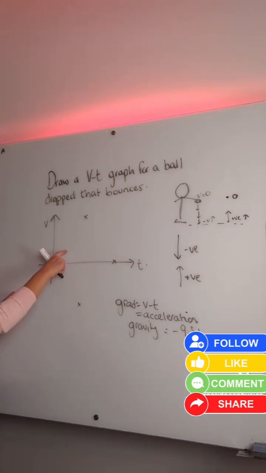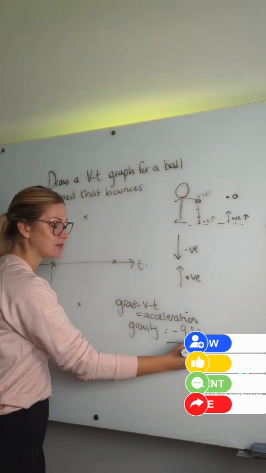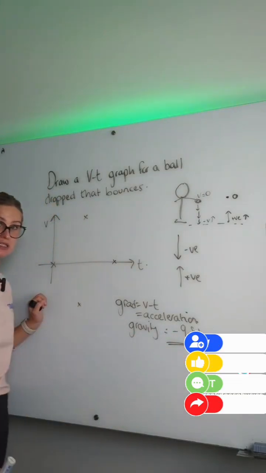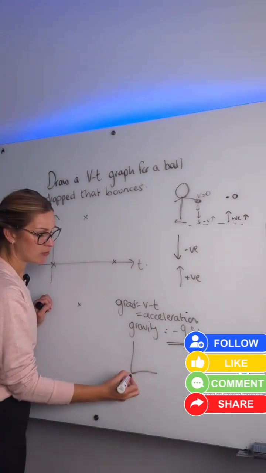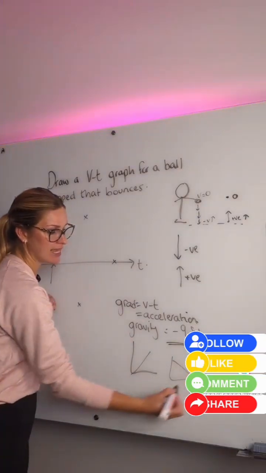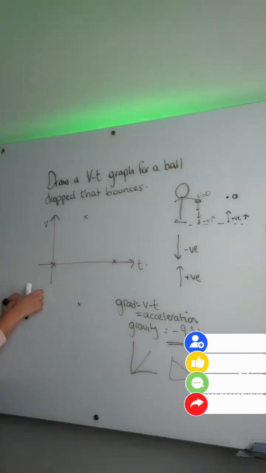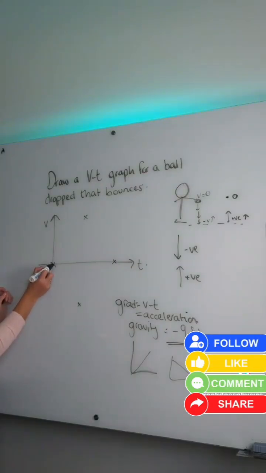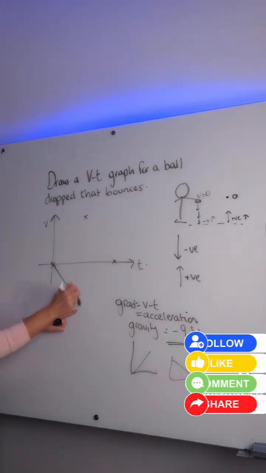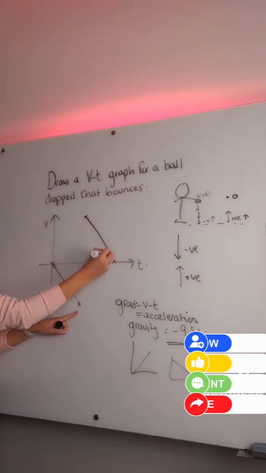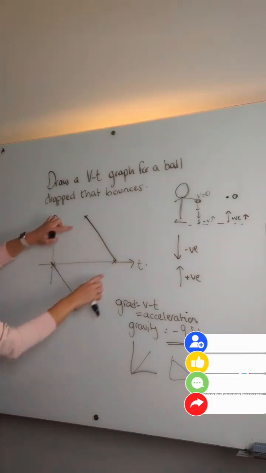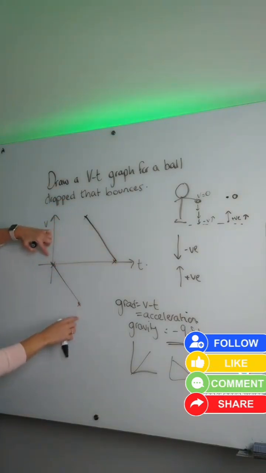So when I do my graph here, the gradient should always be the same number, and it should be a negative gradient. Okay? So for example, that would be a positive gradient, that would be a negative gradient. So I need to have a negative gradient all the time. The look here doesn't make sense, and that's true because it started here, we said we're going this way, and as soon as it hits the ground, it's got a positive velocity, and it's going to go this way. So the gradient of those two lines should be the exact same,